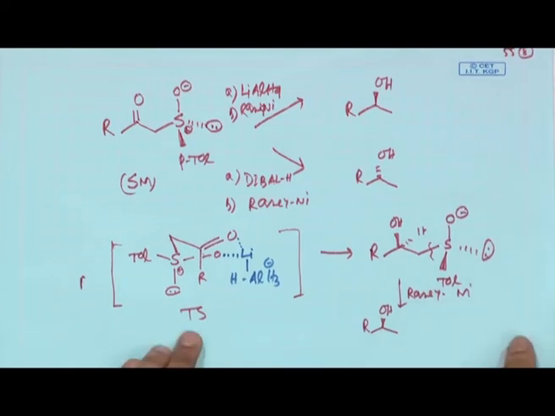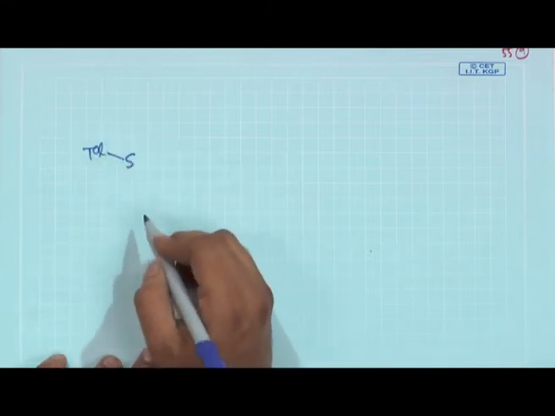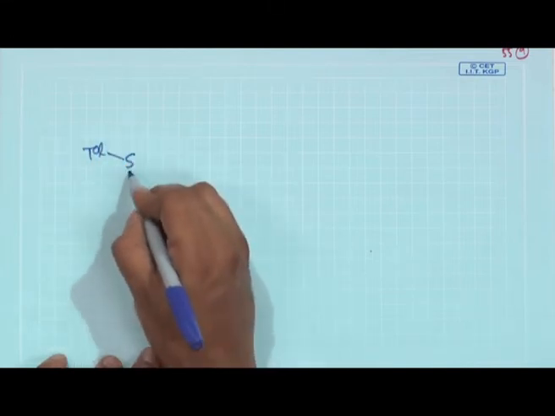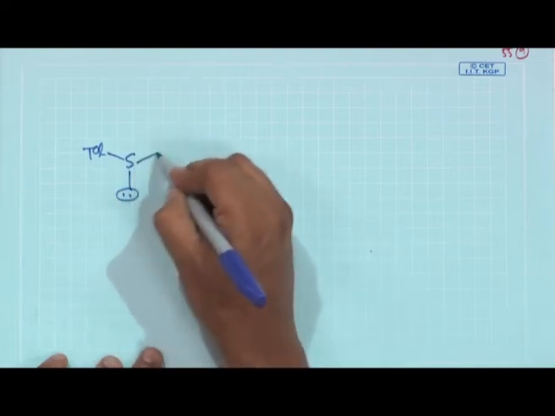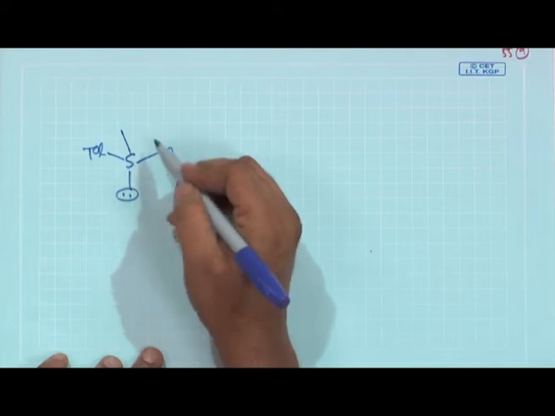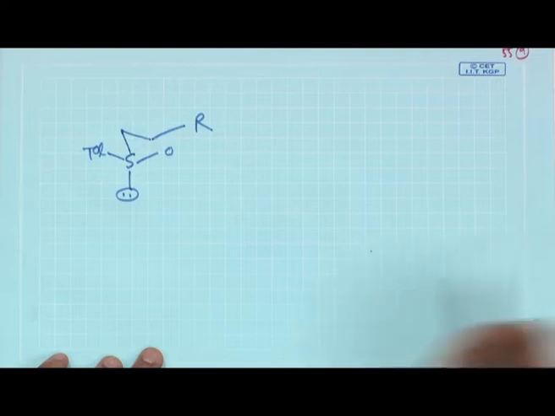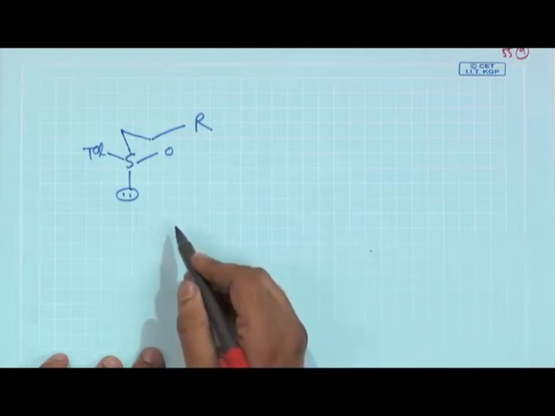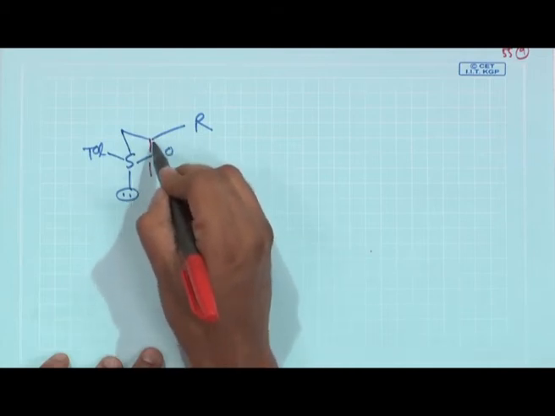Now, in the second case you have DIBAL. DIBAL is a very bulky reagent. So, what will happen? The initial sulfoxide you can simply draw the same way as you drew earlier. Then the carbonyl probably has to be rearranged in a different way, because DIBAL is sterically bulky and coordination is now not possible. So, in this case the carbonyl